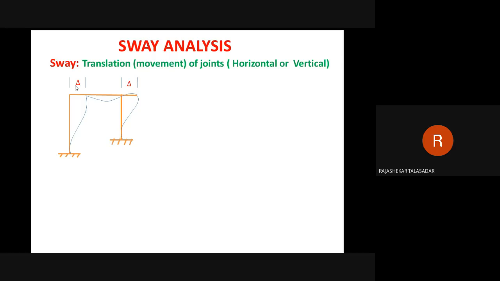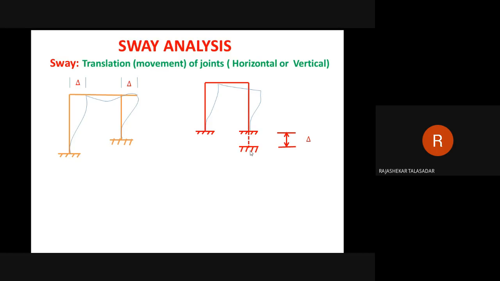By how much amount? Say it is delta. This delta is called a translation, or it is also called a swing. Both columns will move by the same amount, that is delta. This movement is a horizontal movement. Next case, suppose the columns are of the same height, and in one column the support settles